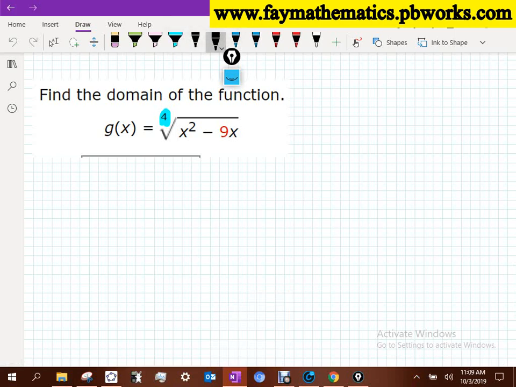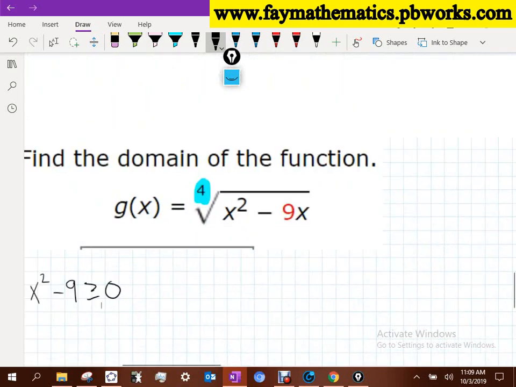This index, just as we're working through there, if that's an even number, you always have to take the radicand and make sure that it is greater than or equal to 0. Okay? Always have to do that, no matter what the radicand is. Now, if it's an odd number, for instance, let's say it's